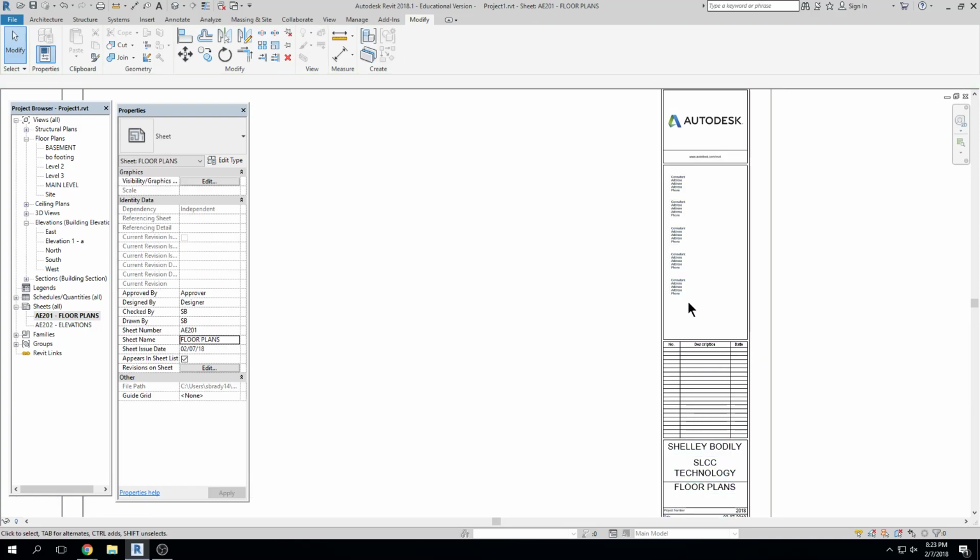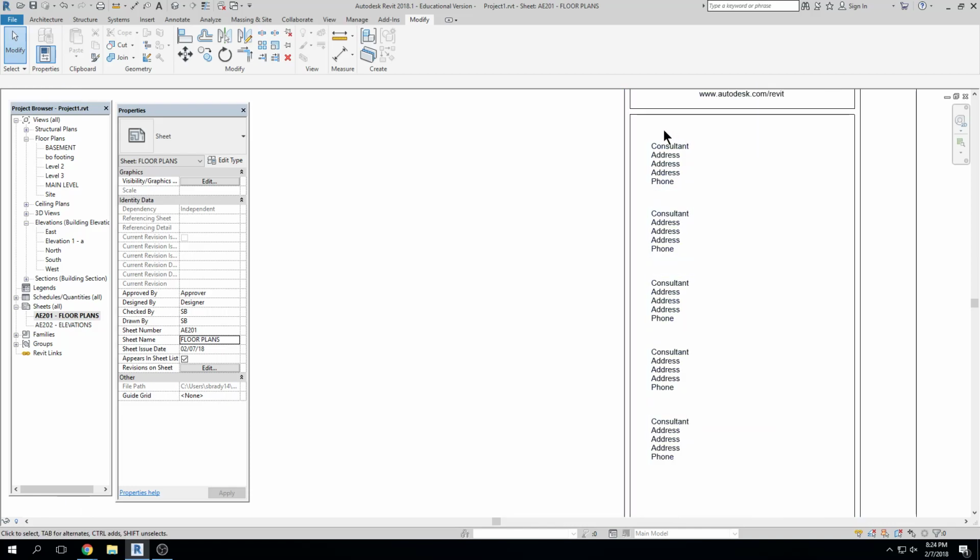There are going to be some things in here that are not editable and that you're going to change in the family, and you're going to load this in, and it's not editable through your Revit file, like your Revit project file, right? If you wanted to change, for example, the consultant information, you'd have to go into the actual family, change it or edit it, whatever, load this back in, and then you would have that information there,